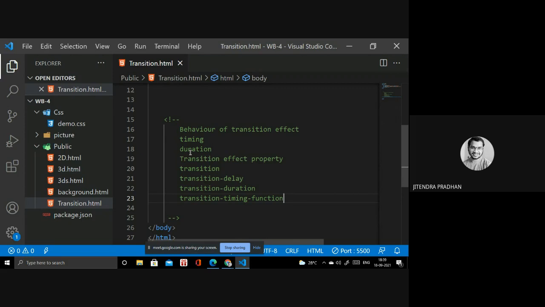Next we have transition timing function. We have many transition effects, as in PowerPoint when you apply them to an image or text. We have ease, in, out, jump-start, jump-end, jump-none, and jump-both. We have other properties also, like start and end. So many properties are there. You have to try them yourself. I will show you an example of how it works and how we need to give it. Let's see.